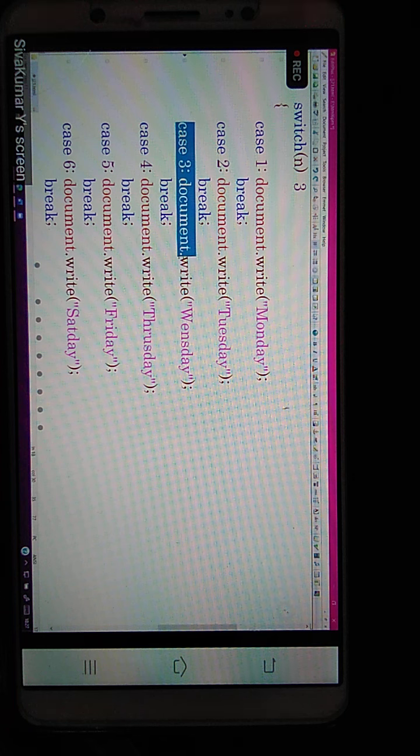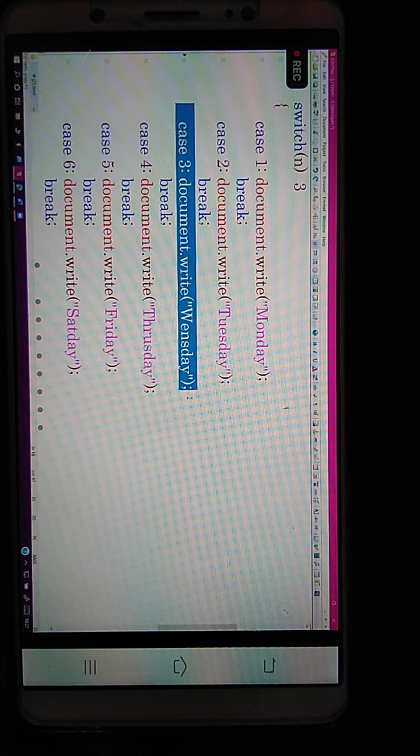Like we select checkboxes, the switch also selects the cases. Execution starts from that case until it reaches the break statement or the closing of the switch. If break is not available, it continuously runs the program until the end of the switch. So for stopping the wrong executions, we use this unconditional statement break, compulsorily.